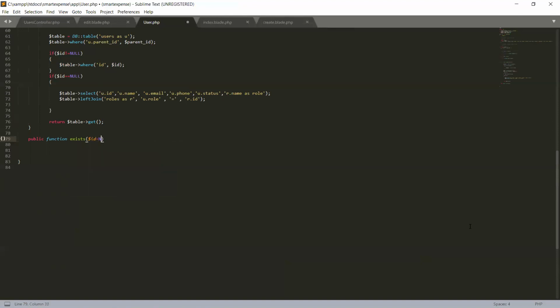Default will be null, and the company ID also default null, and the category ID, which is also default null.